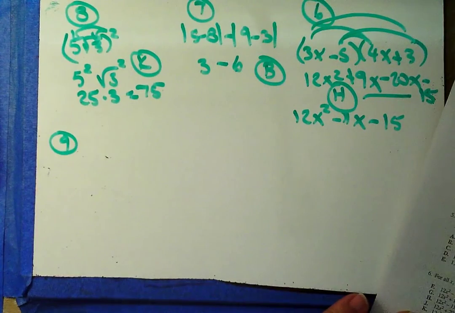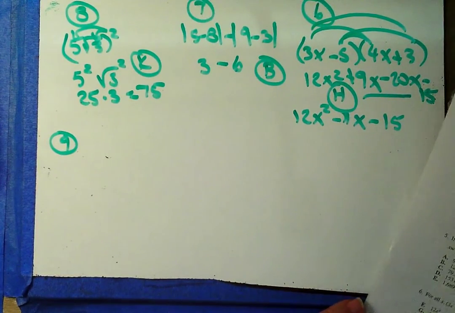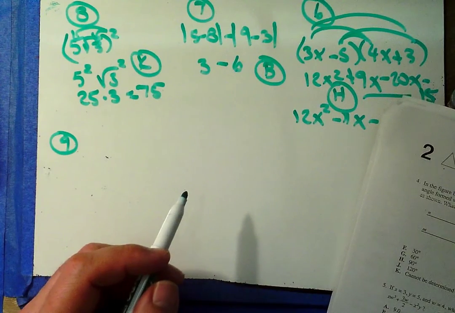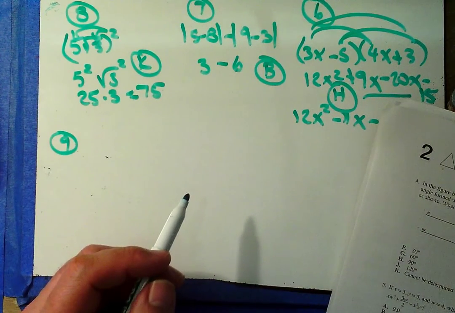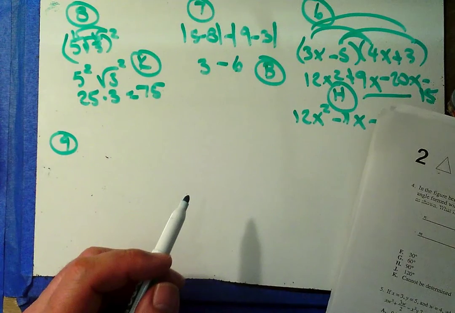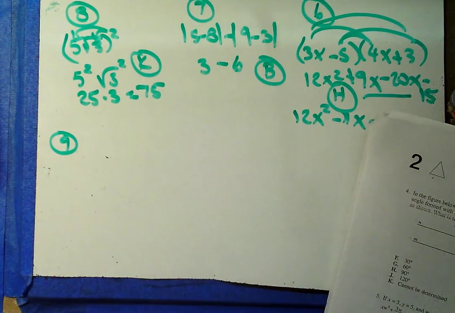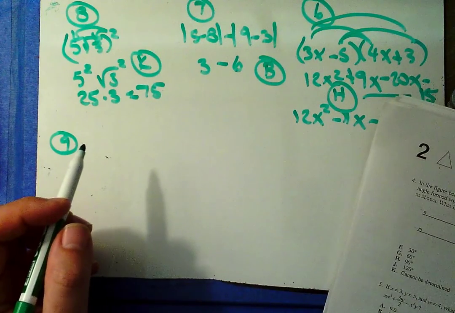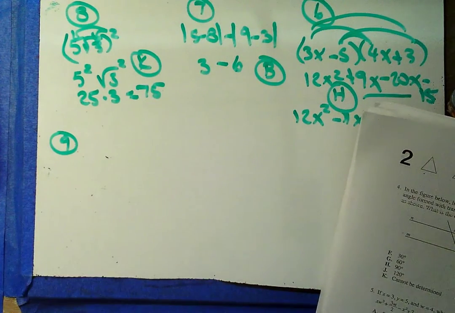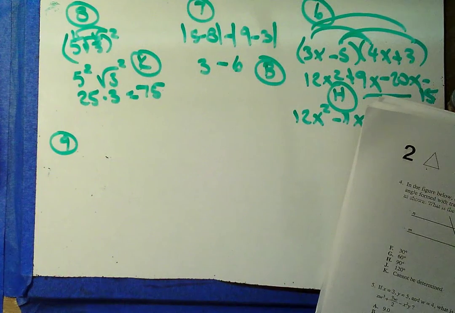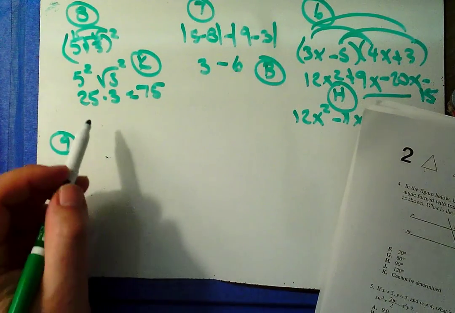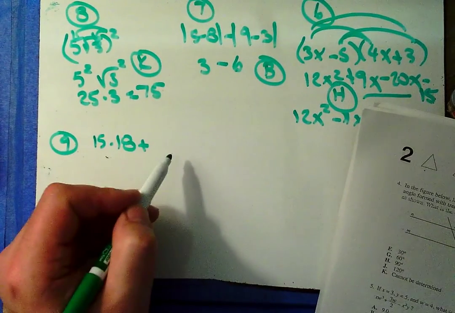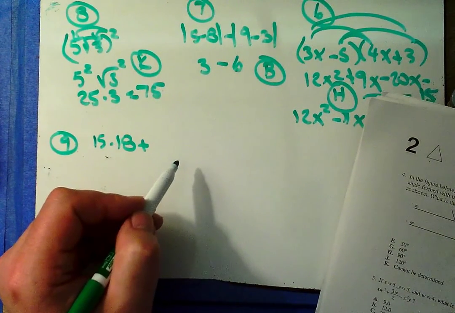Number 9 says we've got a carpeting company. They're going to say 18 feet by 18 feet. So x is 15 and y is 18. I believe that's what I understood them to say here. Yes, x by y on the room, so we've got 15 times 18 plus